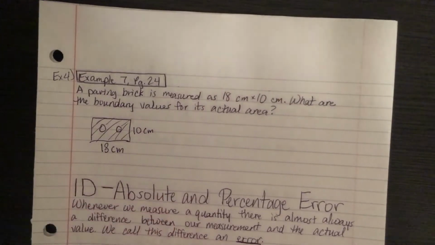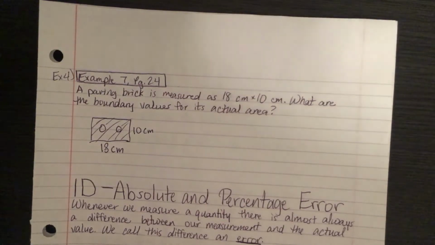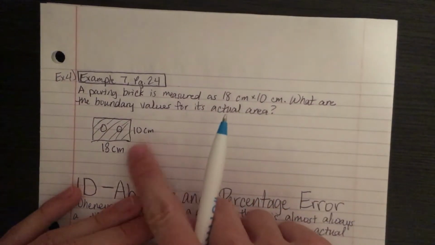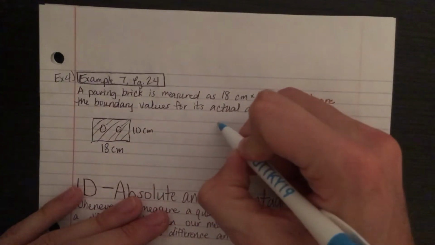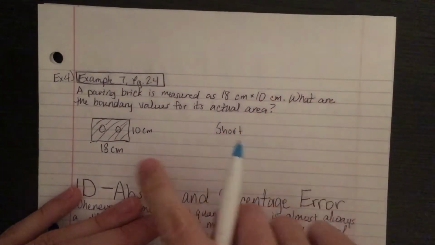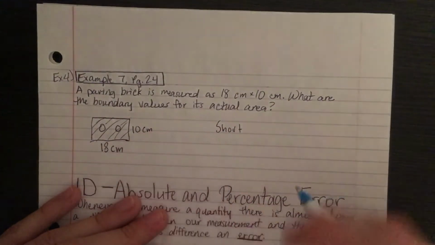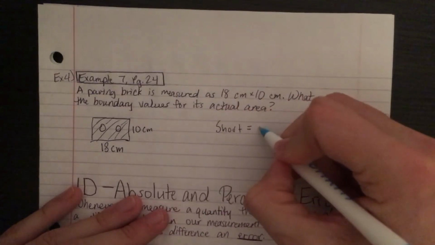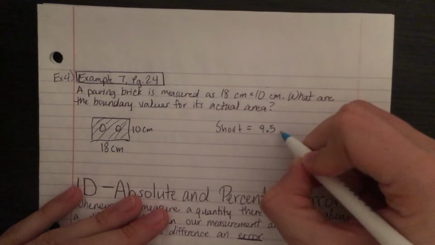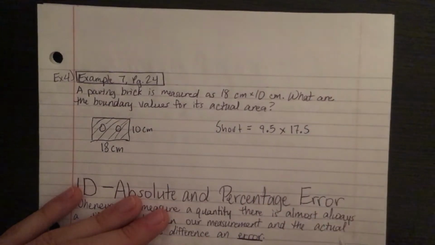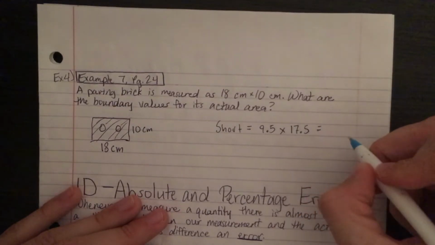We want to know what the possible things for our area could be. So on the low end here, if we were off by a half centimeter for both of these, then that would mean we'd be doing 9.5 times, remember you have to multiply for area, times 17.5. So the short area here would end up being